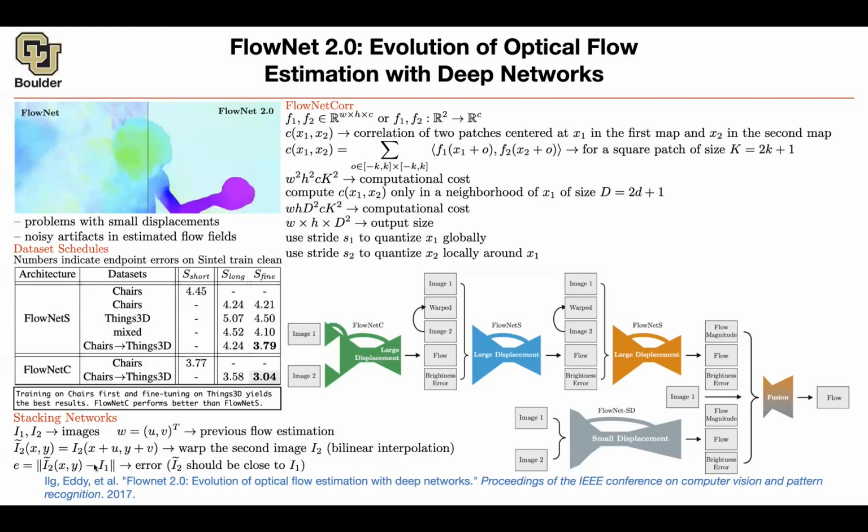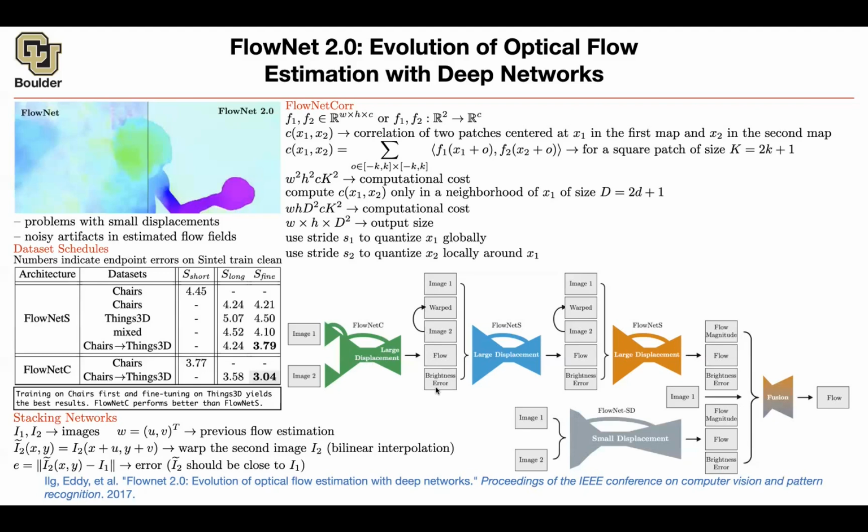So there is going to be a correspondence between I1, your original image, image 1, and image 2 that you warped using the flow estimation. And this is exactly that warped image that you're going to take and put as another input to the rest of your architecture. So it's image 2, its warped version, image 1, the corresponding flow coming out of your neural network,